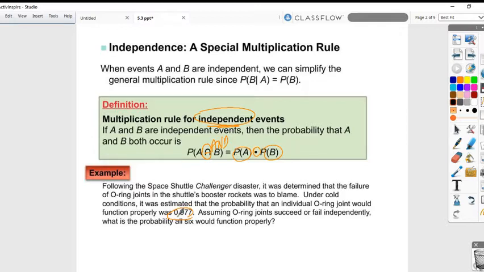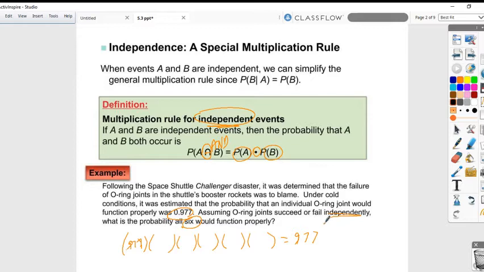All right. But the problem is that there were 6 of these O-rings, and each O-ring was independent. But you had to get all 6 to work properly. So the first one, the second one, the third one, the fourth one, the fifth one, and the sixth one all had to function properly at 97.7%. Okay, so if you look at it as one, it's a 98% chance that you're going to be okay, 2% failure rate. But if you look at all 6 of them, because if one of them goes bad, it blows up, if you look at all 6 of them having to function properly, that's